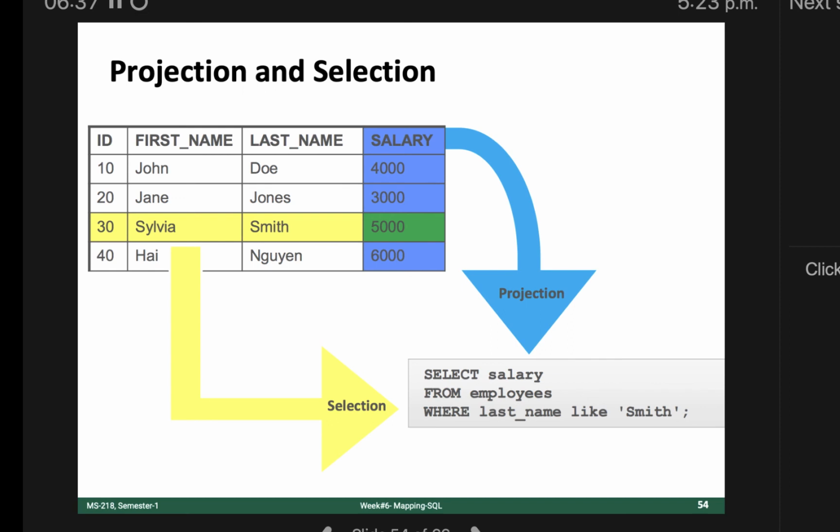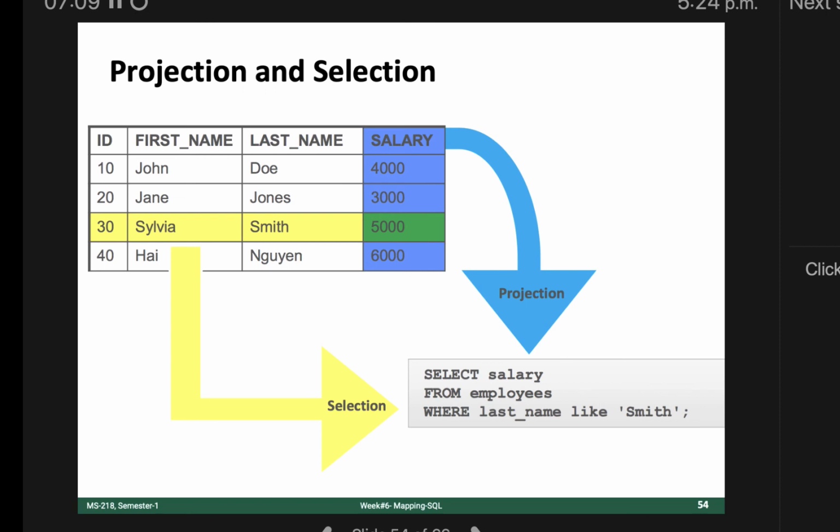Data or just the first name and the last name? That's fine. First name, last name, you can use star, no problem. Select first_name, last_name from employees where salary is greater than 4,000. Perfect. So select first_name, comma, last_name, comma, salary, or if I am selecting all attributes, star would do that.